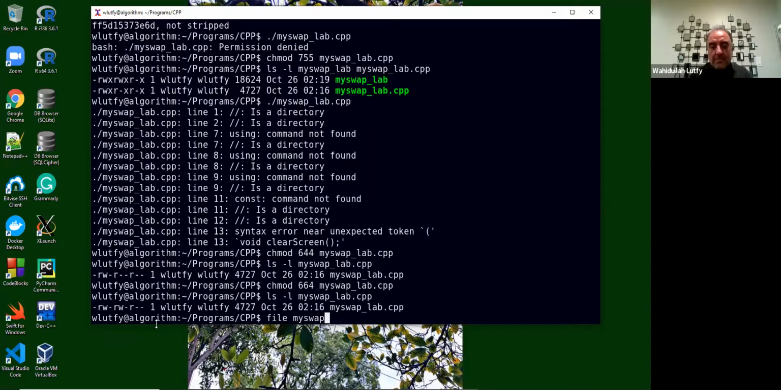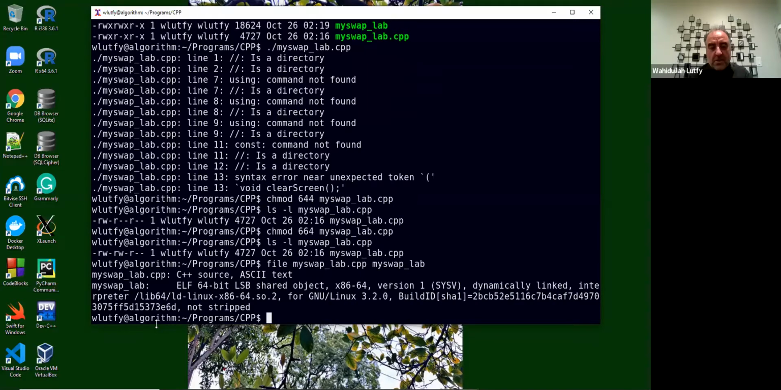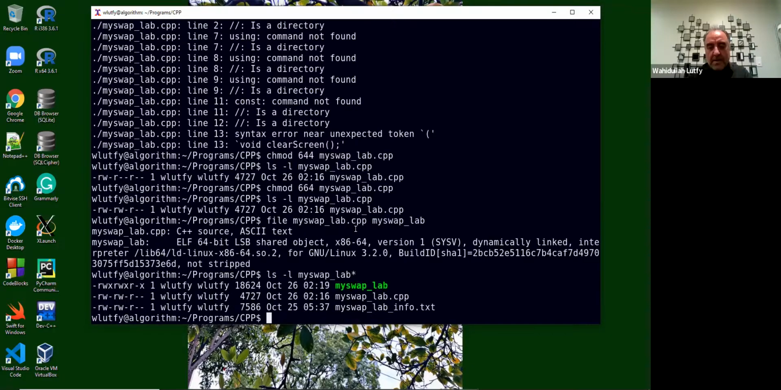Again, my swap_lab.C++ and my swap_lab itself. One of them is executable, the other one is a source code, ASCII text. You can see the source code. So now, if I want to just see these three files,